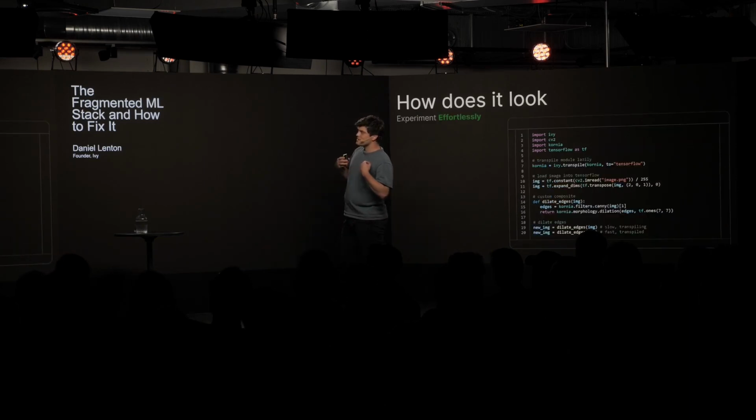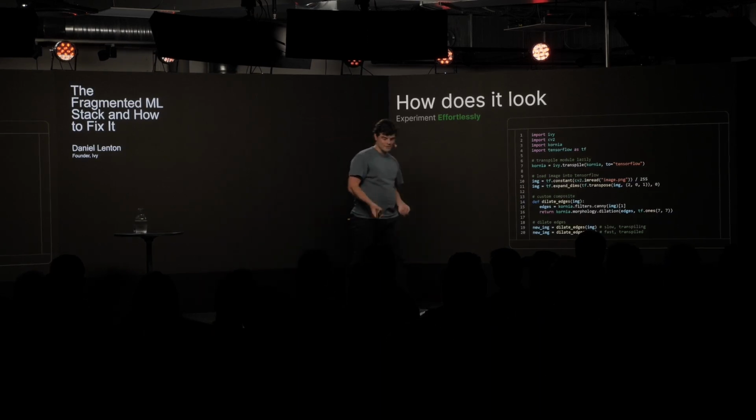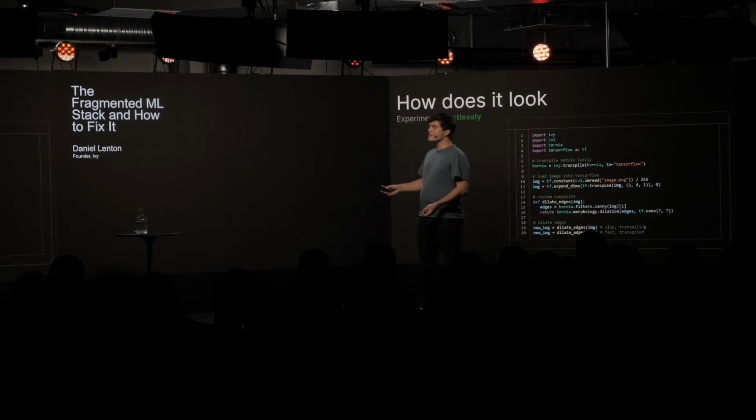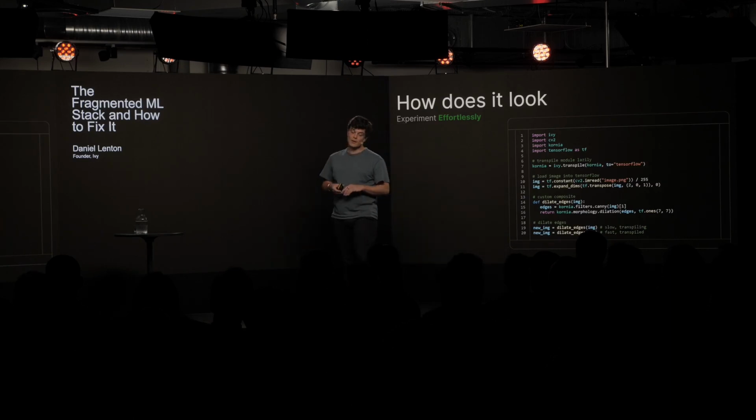The next thing is the ability to experiment effortlessly. So Kornia is an amazing computer vision library built on top of PyTorch. Unfortunately, it's not accessible to TensorFlow, but with Ivy, with one line of code, it now is. And you can use Kornia entirely in your TensorFlow project. And again, we're really focusing on simplifying the user experience, bringing it to them so that with one line of code, everything just works for them.